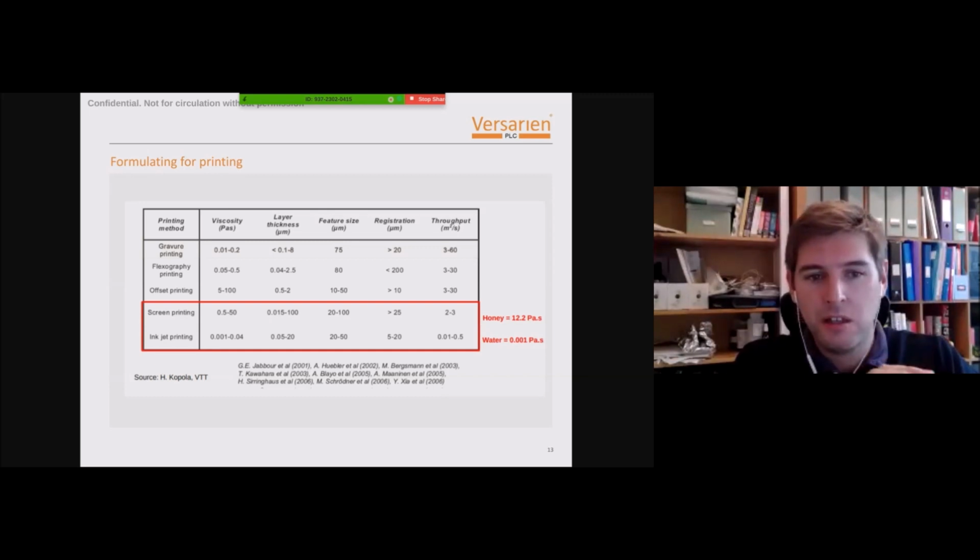So we formulate inks for things like inkjet printing all the way up to screen printing. Most of you might have used these techniques before. Screen printing, for example, is one of the most common ways of printing on textiles, but that needs something which is quite viscous, around a honey sort of viscosity, so much more viscous than water. But what you get from that printing process is quite large features, quite low resolution, and your throughput is relatively high,